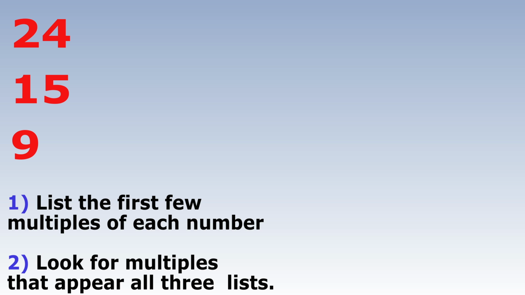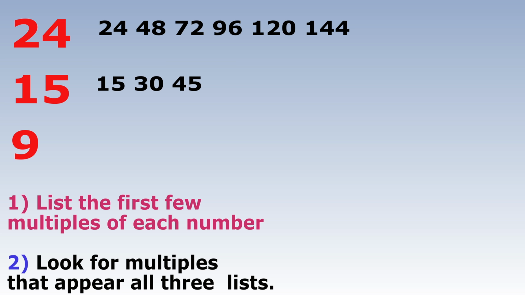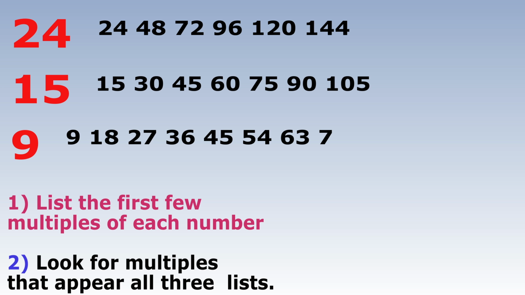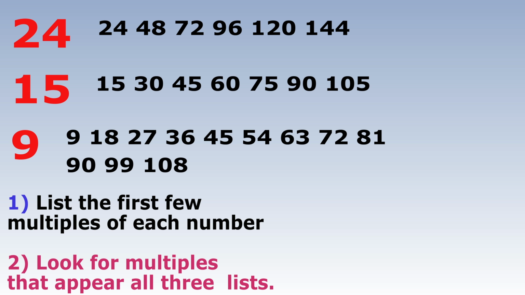So we begin with step 1 by listing multiples of the largest number 24, multiples of 15 and multiples of 9. Now can you spot the multiples appearing on all 3 lists? Well, I hope not, because there aren't any yet. So you have to keep adding more multiples to each list. Now I don't know about you, but I'm not very good with my 24 times tables or my 9 times tables, especially when the multiples start getting really high.